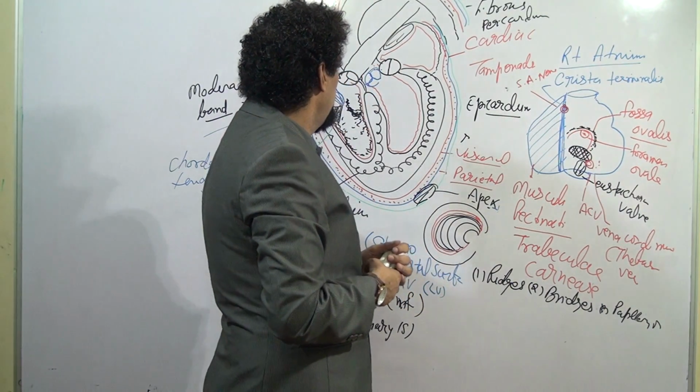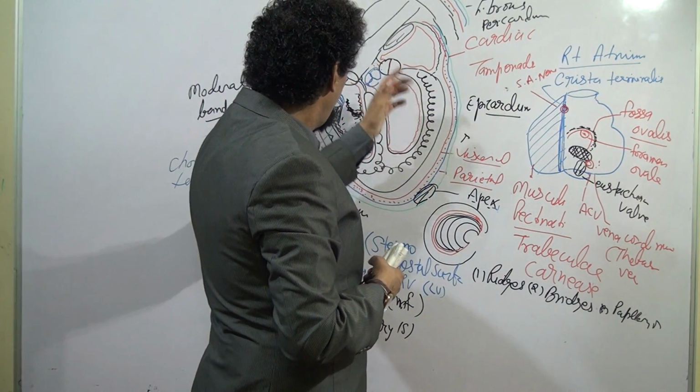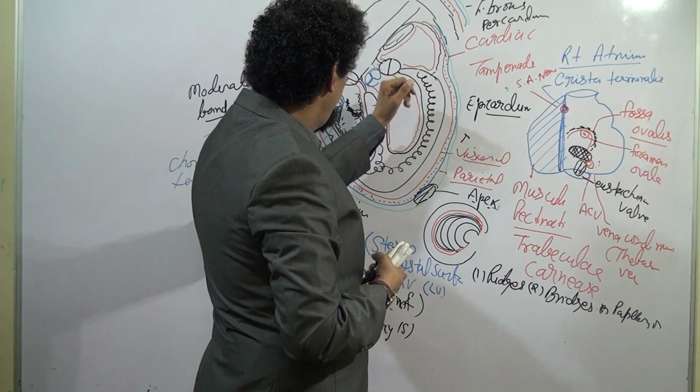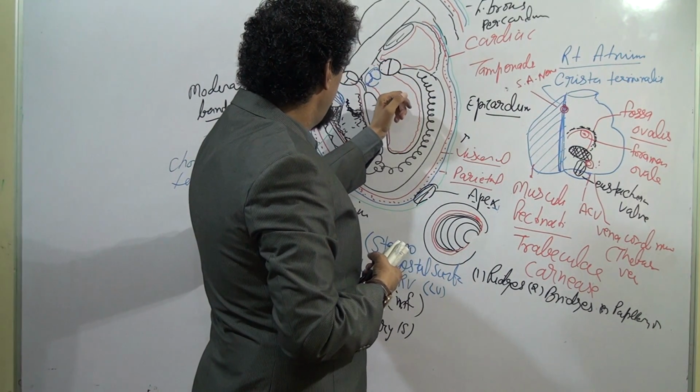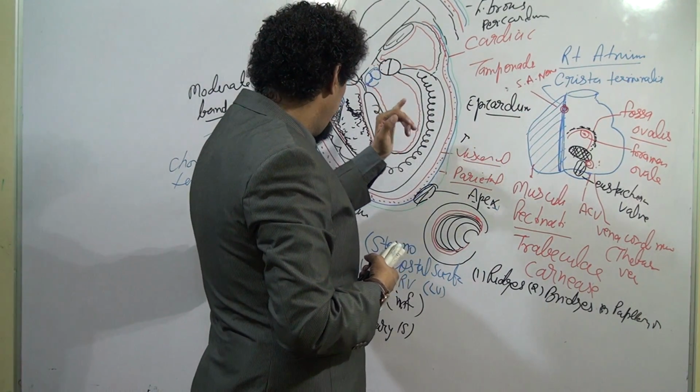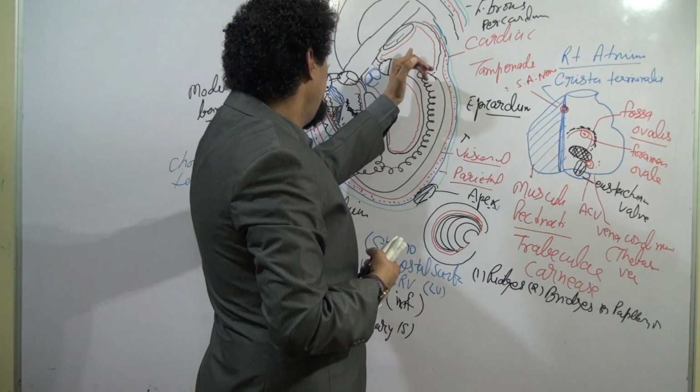So the blood flows into the left ventricle from the left atrium